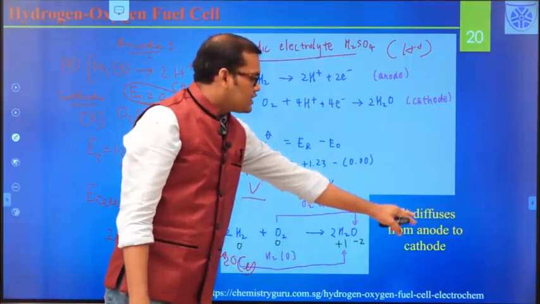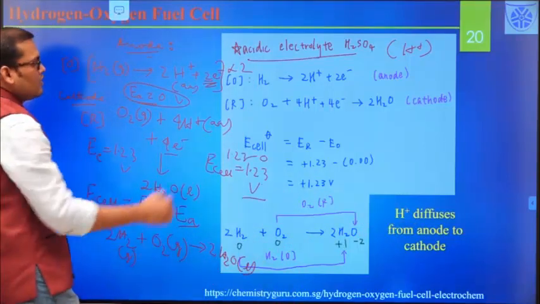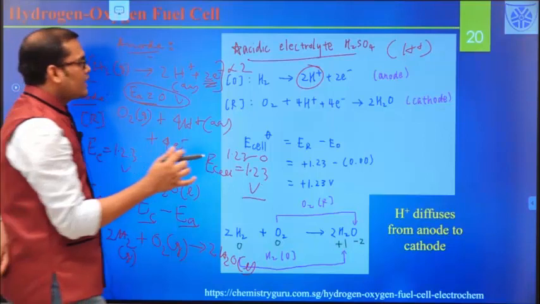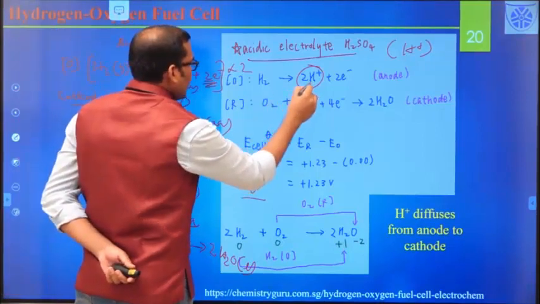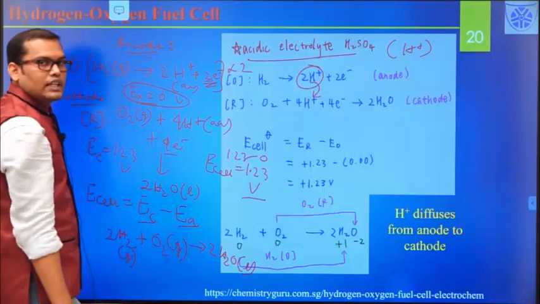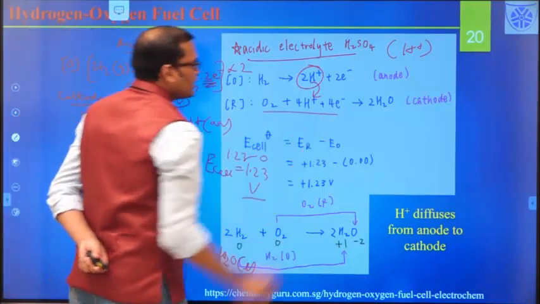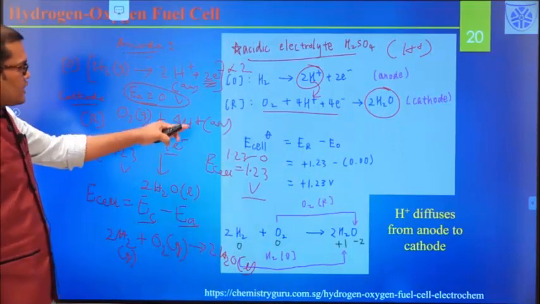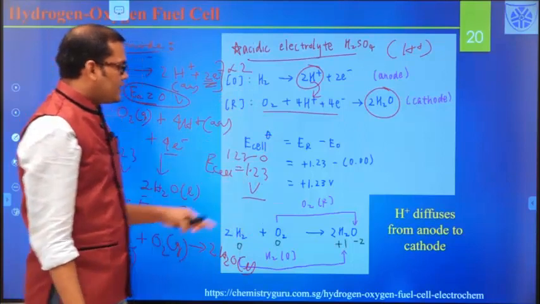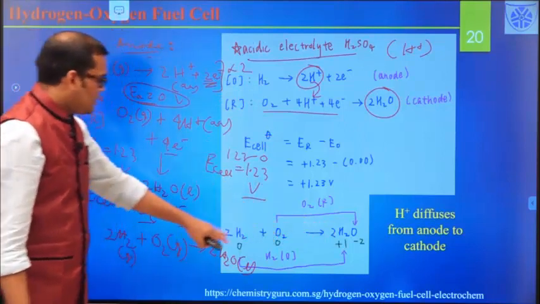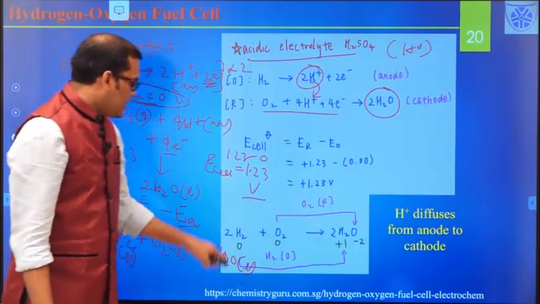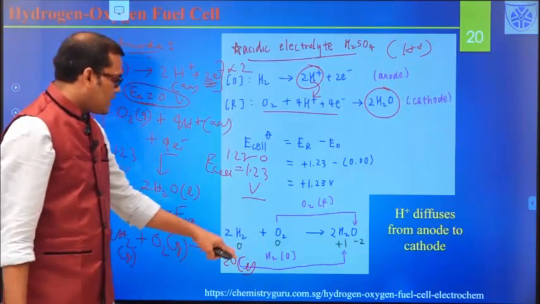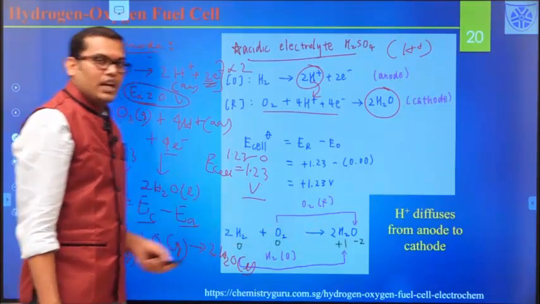And H+ is diffusing from the anode to the cathode. So you are generating H+ at the anode, and it is going to diffuse through the electrolyte and reach the cathode, and that H+ is used in the electrochemical reaction occurring at the cathode, and you are getting water. So that is the basic electrochemical reaction occurring at each electrode, and this is the redox reaction: oxygen is getting reduced and hydrogen is getting oxidized, and you can understand this by seeing the oxidation number on each atom, right.